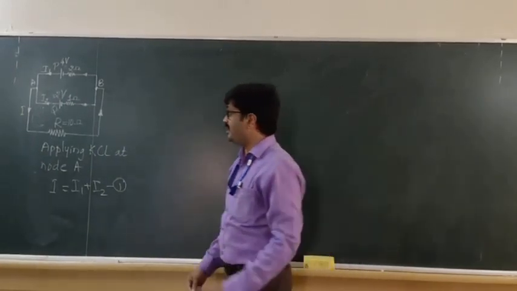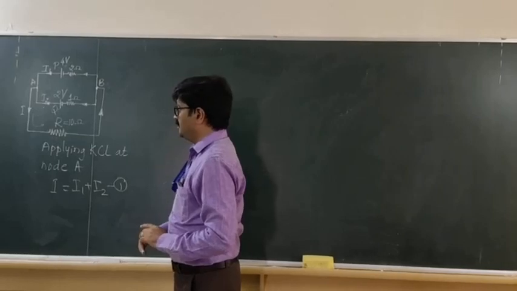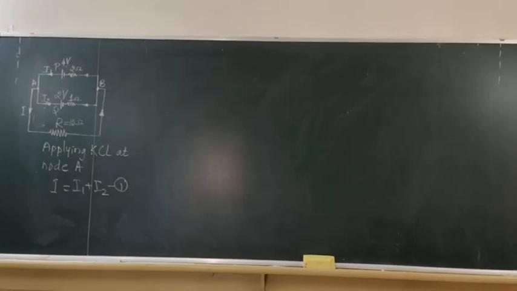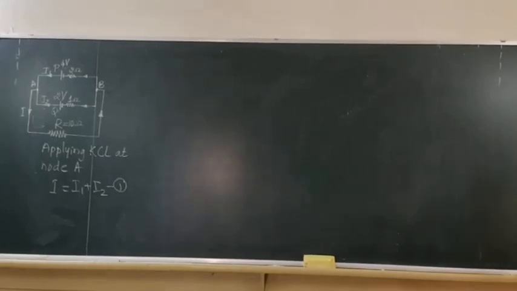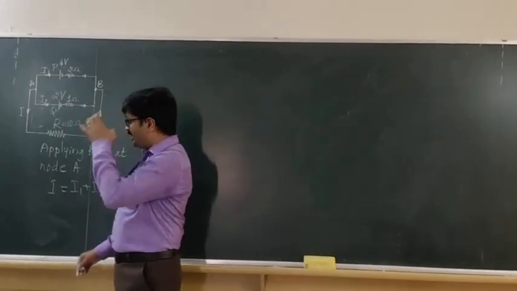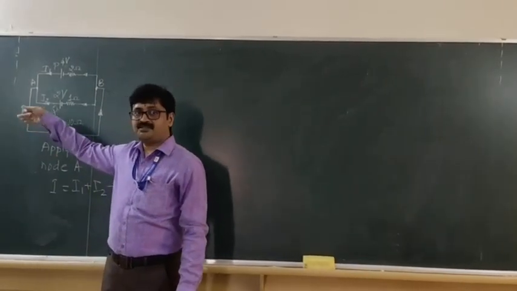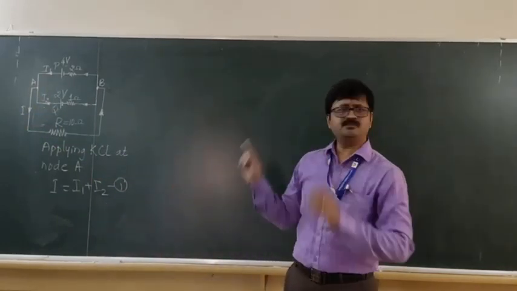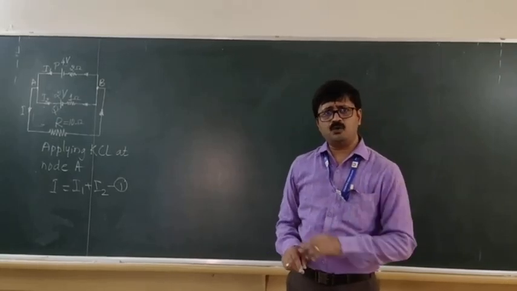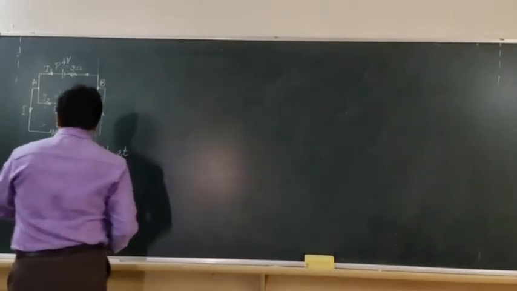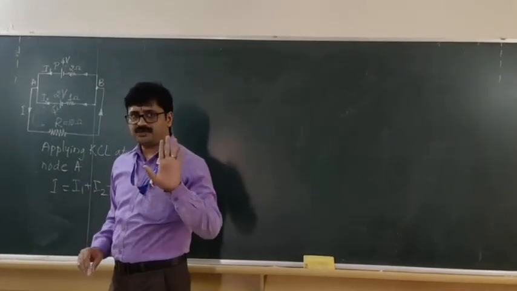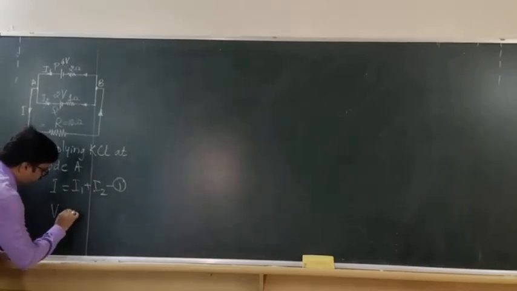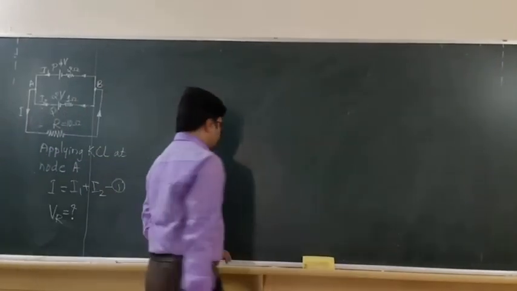And next step, here we are supposed to find what? Current I, is it not? So we are supposed to find potential difference across 10 ohm. But here I will find firstly current I. Once we find current I, we will be in a position to calculate potential difference across 10 ohm by applying Ohm's law. So that we can very easily do. So our first step will be to find current I. So I will say VR is equal to what here? This is what we are supposed to find.